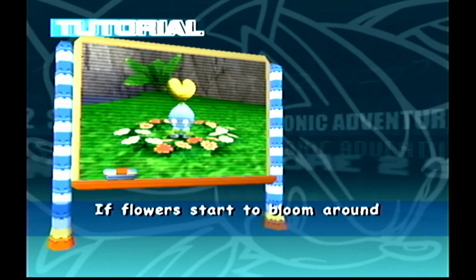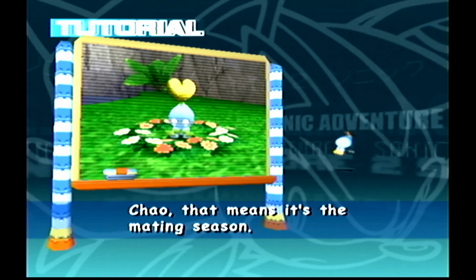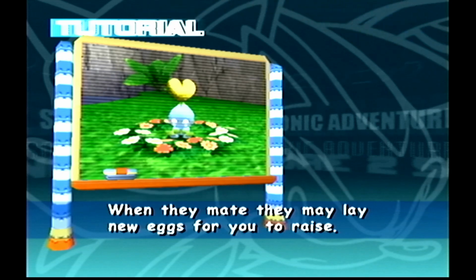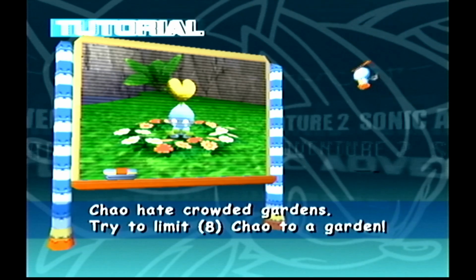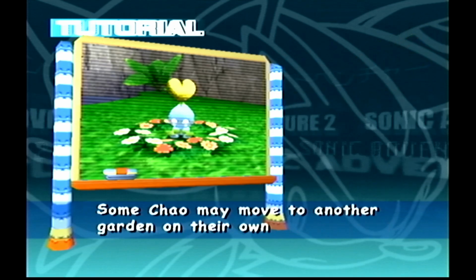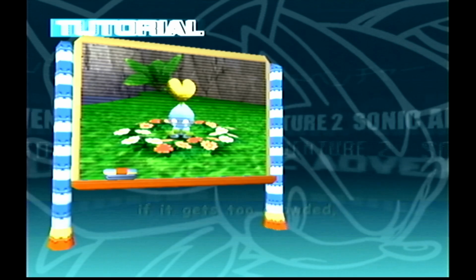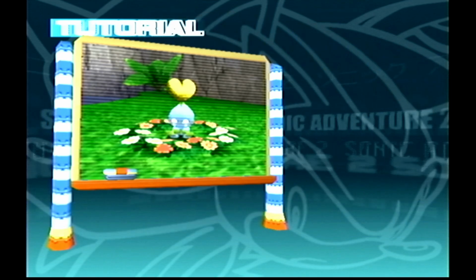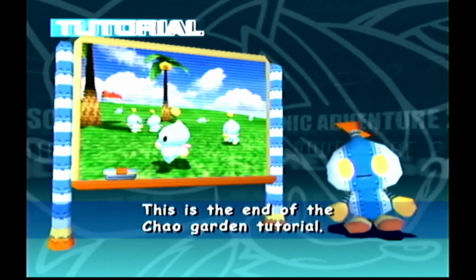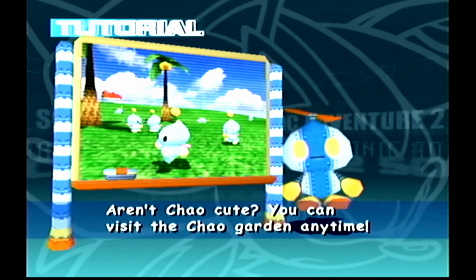If flowers start to bloom around Chao, that means it's the mating season. When they mate, they may lay new eggs for you to raise. Chao hate crowded gardens. Try to limit 8 Chao to a garden. Some Chao may move to another garden on their own if it gets too crowded. This is the end of the Chao Garden tutorial. Aren't Chao cute? You can visit the Chao Garden